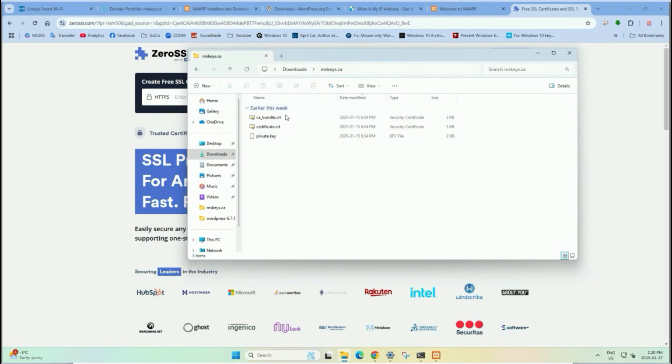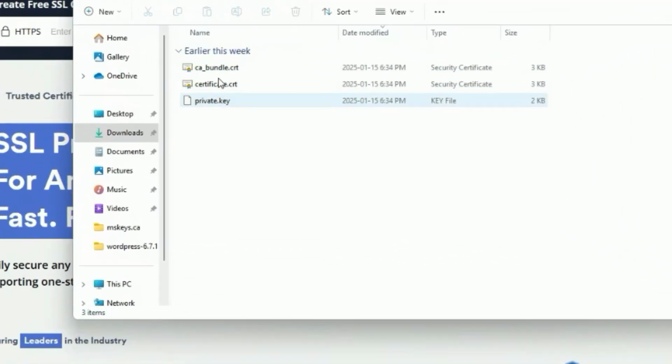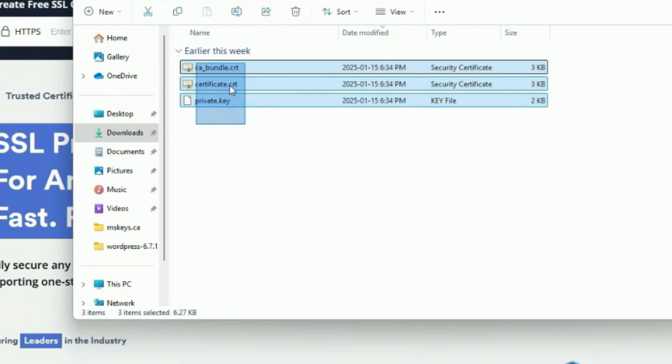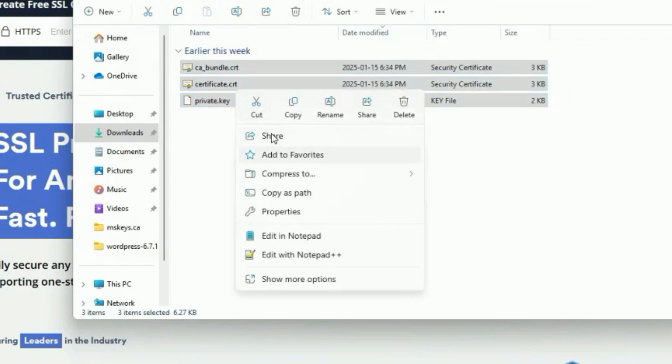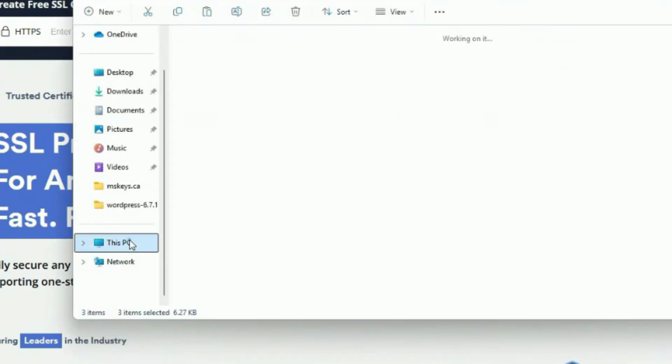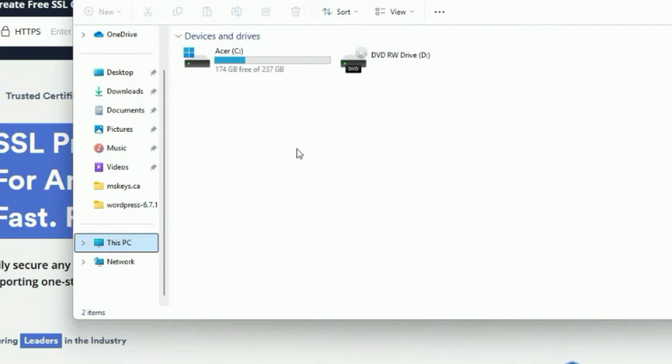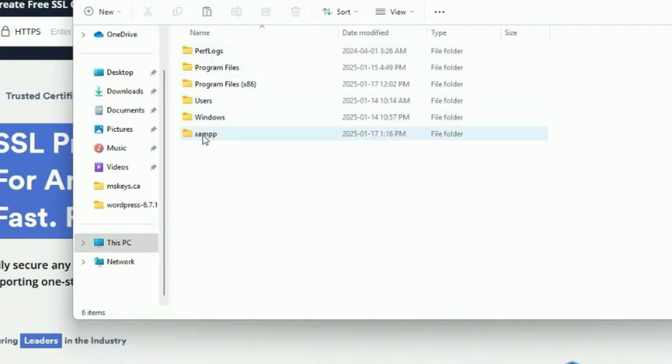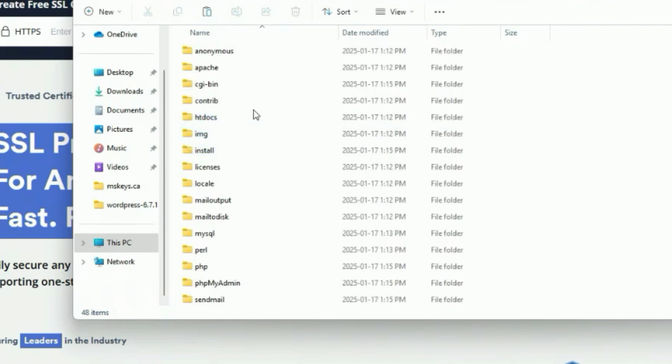It includes the 3 files. So we need to copy all the 3 files to my WordPress folder. Okay, not the WordPress folder, the XAMPP folder. It is installed in my C drive, XAMPP, and